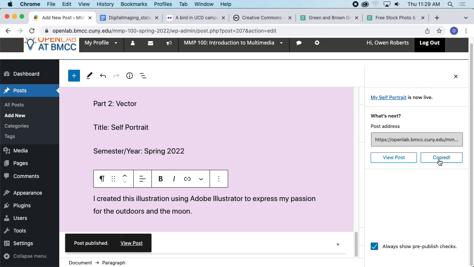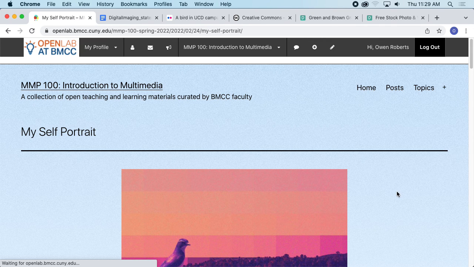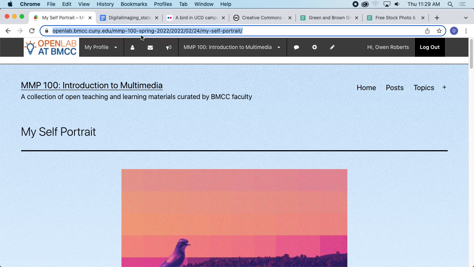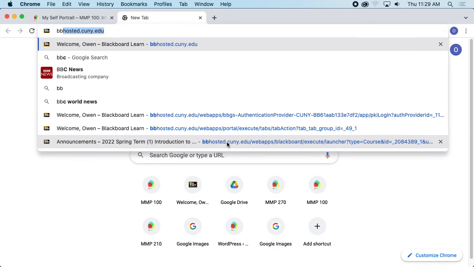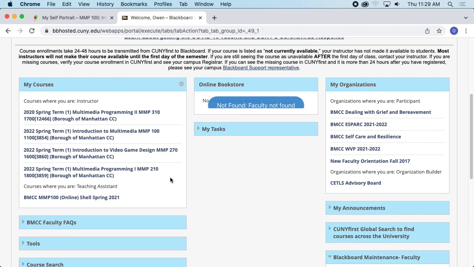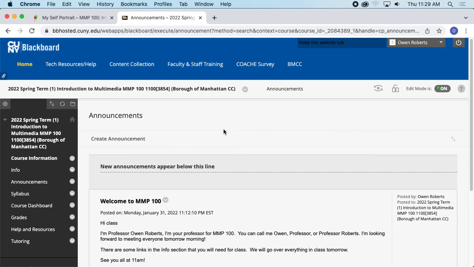Okay, so then I can copy the link, which I need to do to add to Blackboard, or I can click View Post and copy the link here. Okay, so now I'm ready to submit, and I have to go to Blackboard to submit. So I'm going to go to Blackboard and go to MMP 100,